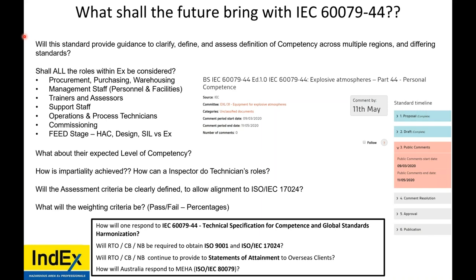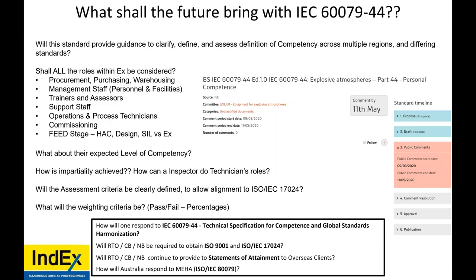IECEx COPC at 33%, and different methodologies by an IECEx CB or NB, which an IECEx CB or NB can also use IECEx COPC, or they can have their own in-house customized scheme, which can be integrated with an end user. So actually those two answers of in-house customization and other methodologies, those can come together as one and utilize one of the other three of IECEx, EHA, CompEx. So it really is open. Let's go to the next slide.